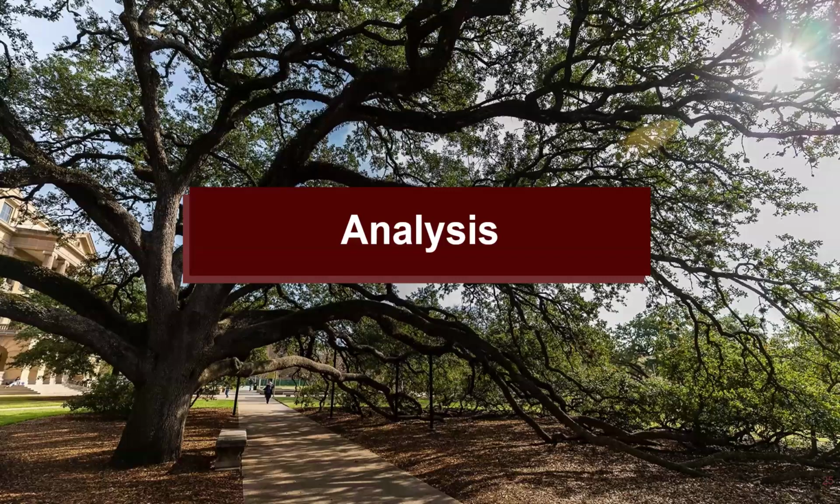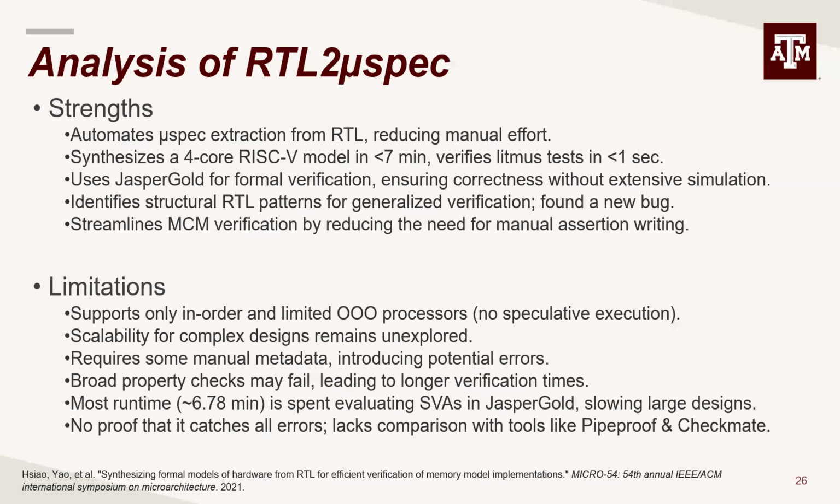Let's move forward. We are going to look at the analysis of this paper now real quick. So the strengths of this paper lie in automation, because we are reducing manual effort by automatically extracting microspec from RTL. Speed: we are synthesizing this model in under 7 minutes and verifying litmus tests in less than a second. Accuracy: we are using JasperGold for formal verification, ensuring correctness without heavy simulation. We already found a new bug, and it is really efficient because it simplifies verification by reducing the need to